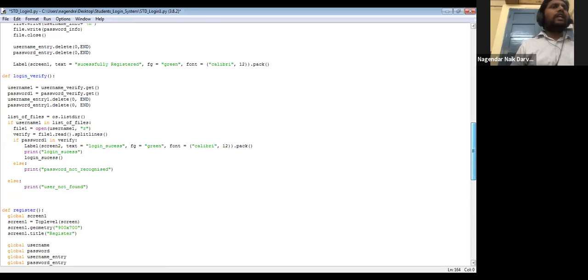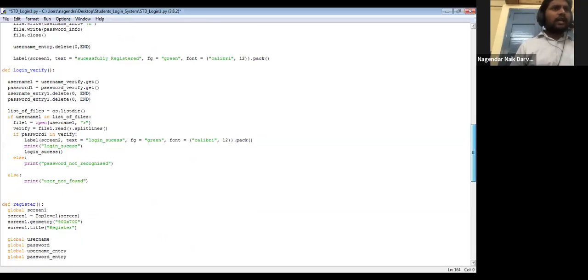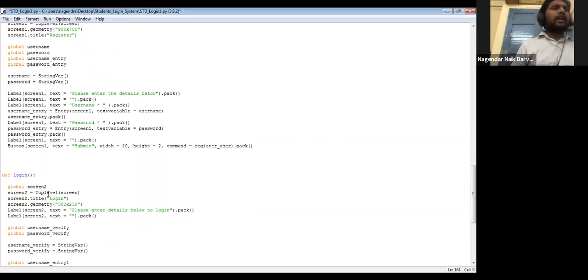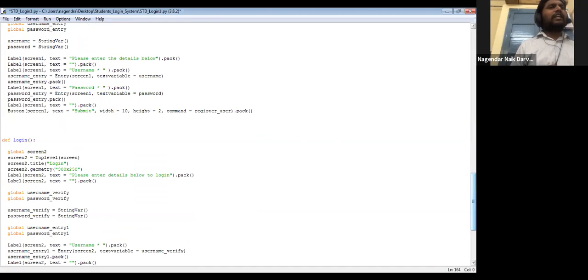Screen 2 is a variable of this login, it is defined over here, and also we are using it there. That's why we made it global in that way. So wherever the variable you have defined is required in some other function, you need to make it global, right?